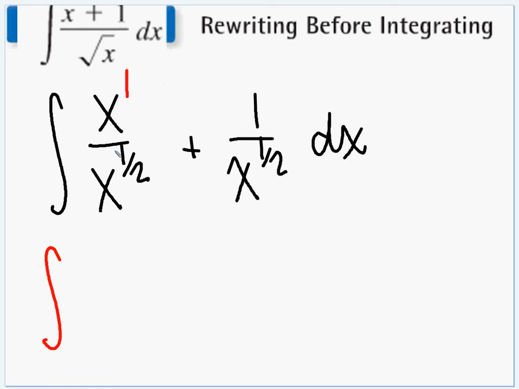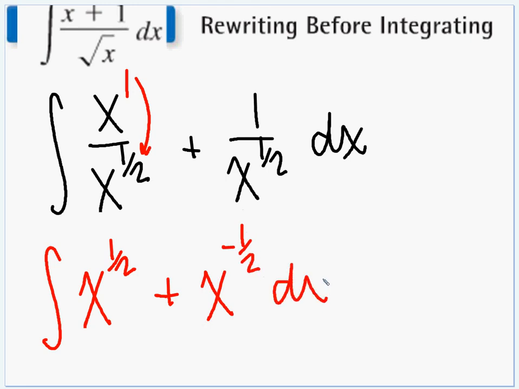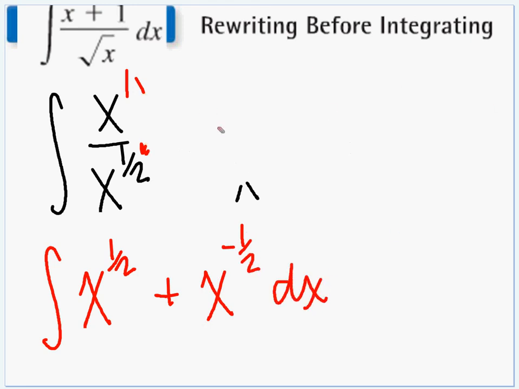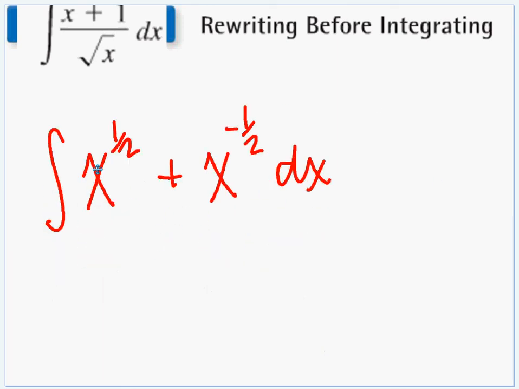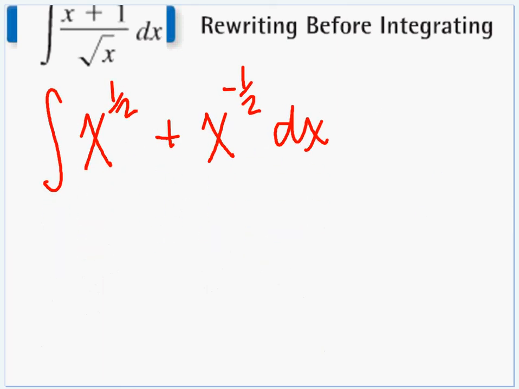So here's x to the first over x to the half. Subtract exponents. 1 minus a half is a half. Plus, let's rewrite this as x to the negative half. Dx. And now everything is ready to antiderive. So, first one,